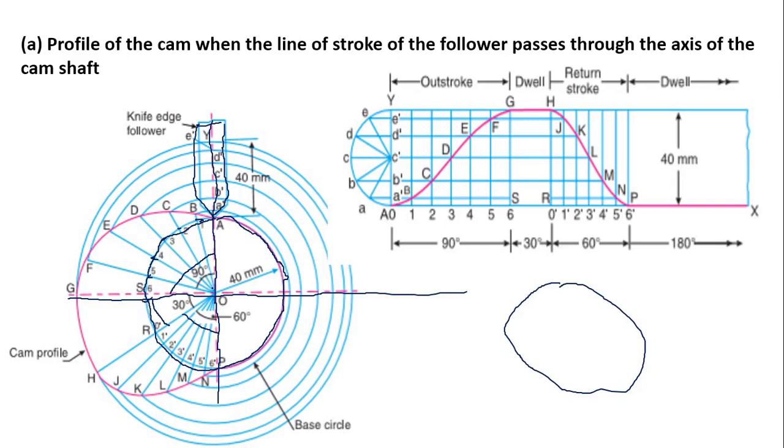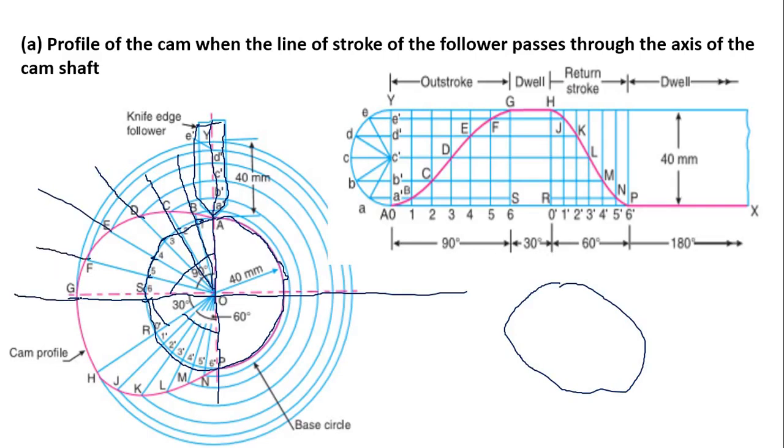Now connect the points from the center of the cam. Draw a line which cuts at the point 1. We can extend this line like this and draw from the center. You can also draw from the center a line which crosses the base circle at point 2, and this line is also from the center which cuts at the point 3. You can see here, and this will be extended, this will be also extended, no problem.